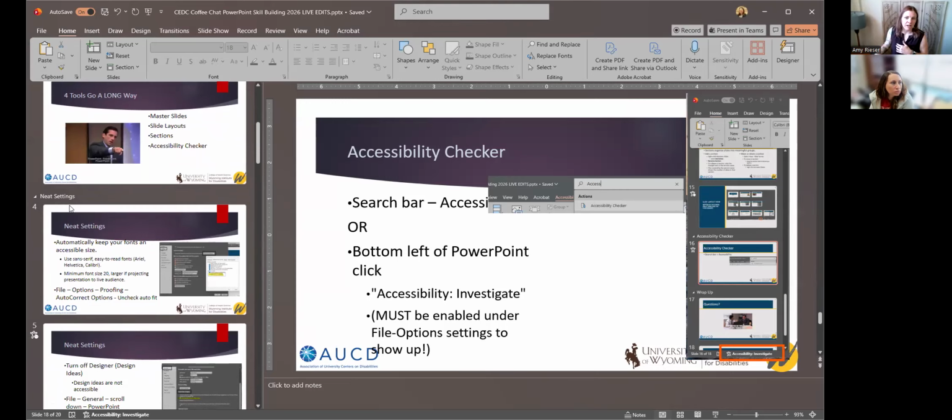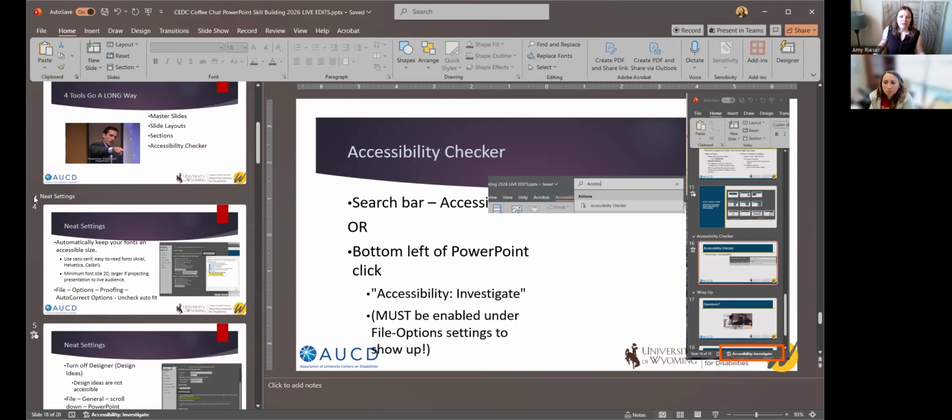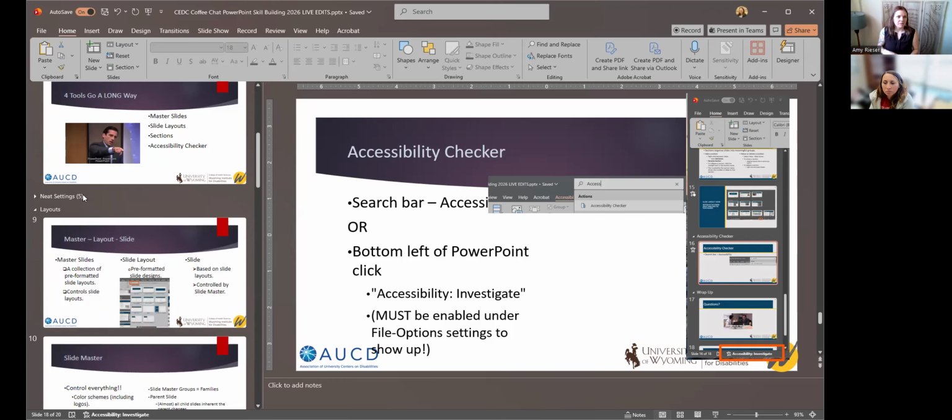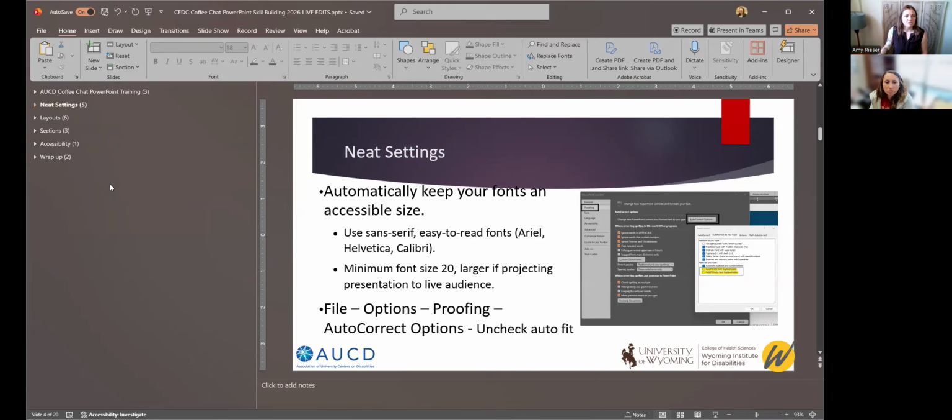And you also see here, now I have these sections. So maybe I'm doing some remediation and cleaning and I know that I'm done. I actually just hide that. And now those slides kind of go away for a little while because they're not my focus anymore, but it does tell me that I have 5 slides there. I can also right click and collapse all. And now I see only my sections and the number of slides in each of them, which is great